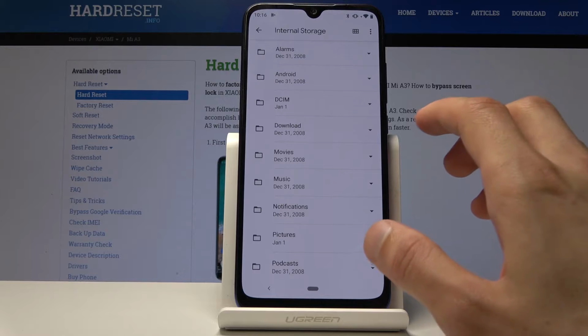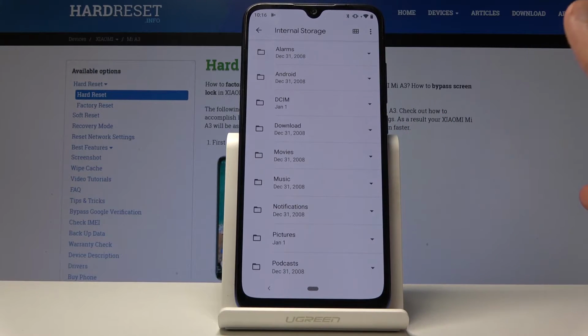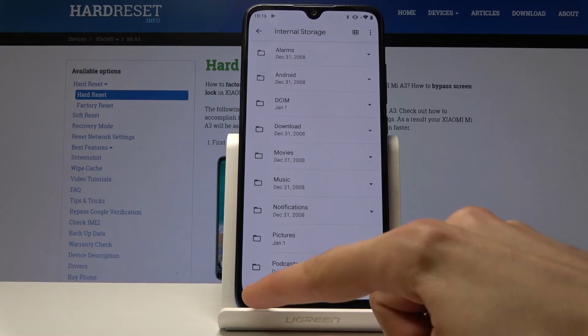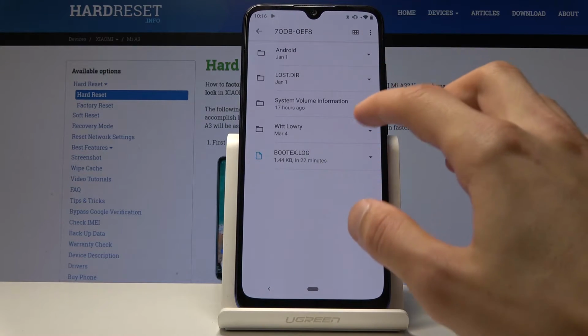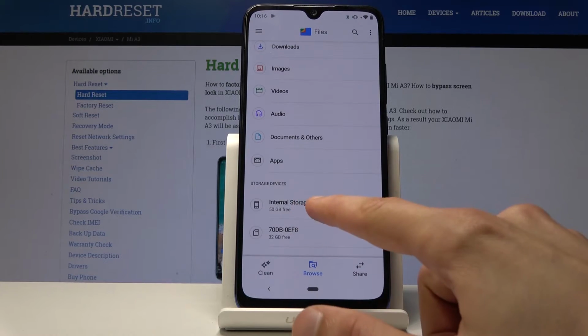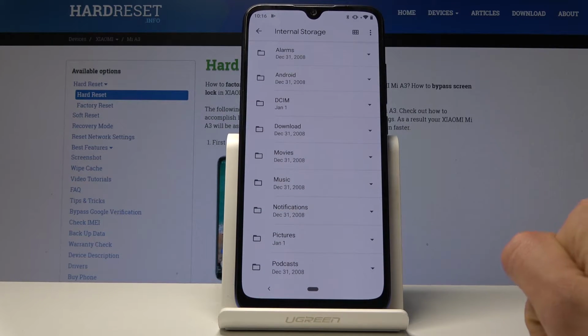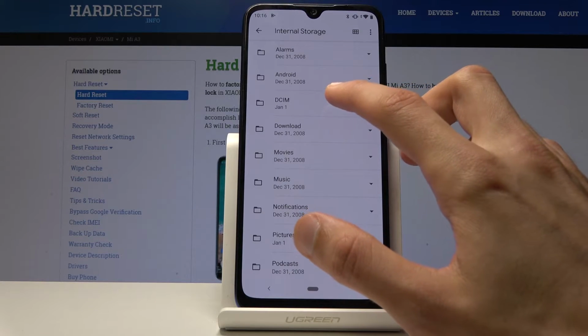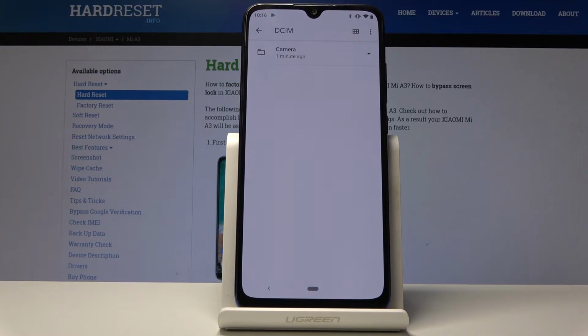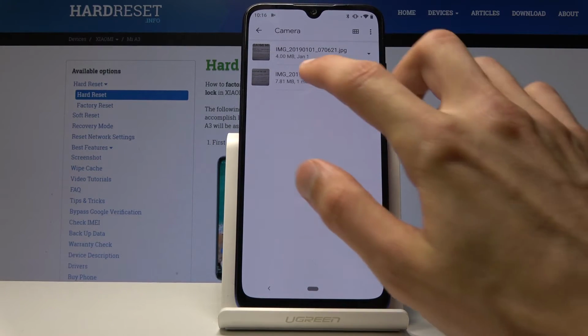But going back to it, you want to find whatever you want to transfer. So for me, it's going to be the photos, and I'm not exactly sure where it's saved. It might be actually here or not. So it's on the internal storage. And basically photos and videos should be primarily located under the XIAOMI folder right here, which if your photos are being saved already on the SD card, you will have the same folder on the SD card and probably on the internal storage. So from here you'll have the camera, and as you can see, there are two photos that